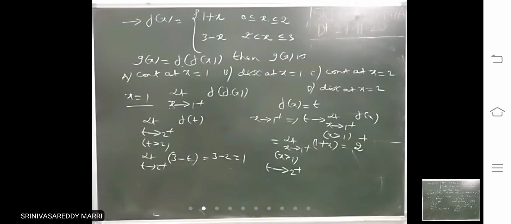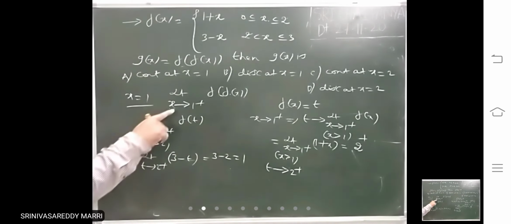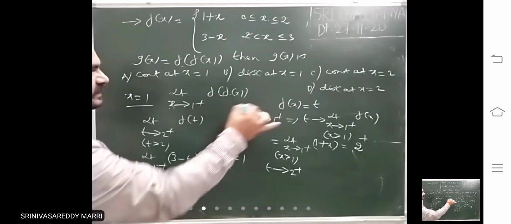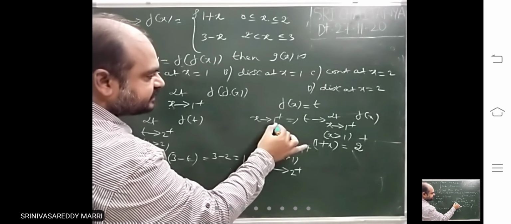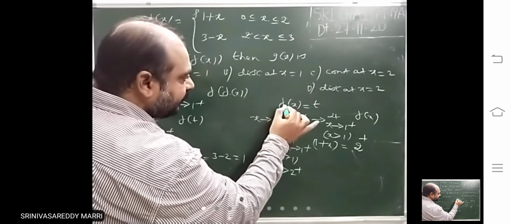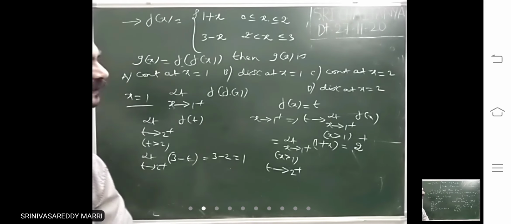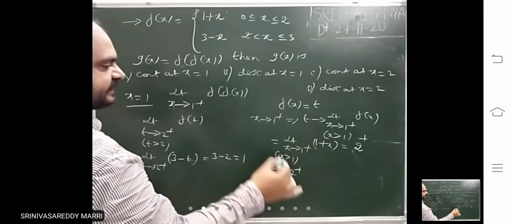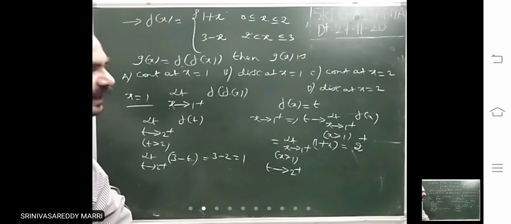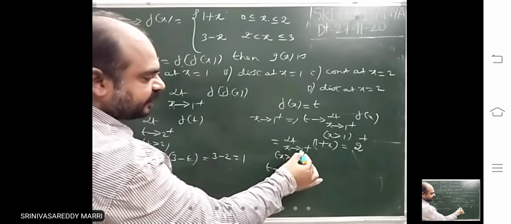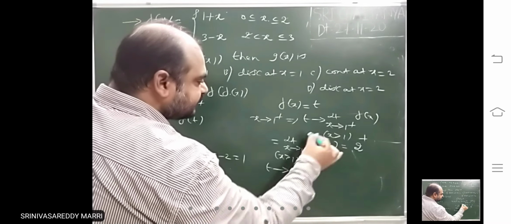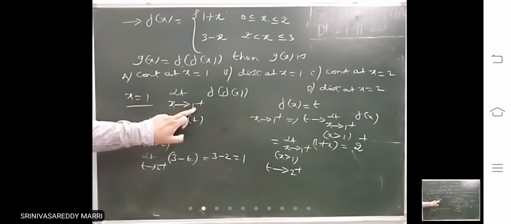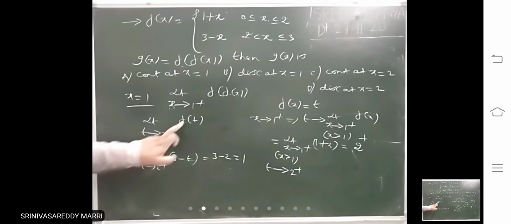Whenever you are dealing with a composite function, take the inner function as t. I want to convert this completely into t. When x tends to 1 plus, t tends to 2 plus. Apply the limit as x tends to 1 plus: greater than 1 means 1 plus x is defined, substitute that and you get limit 2. You write either 2 plus or 2 minus. Substitute 1.0001, this is greater than 2, that means 2 plus. So x tends to 1 plus means t tends to 2 plus, f of t.